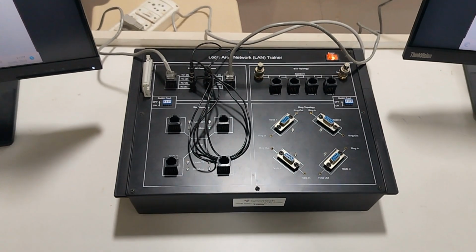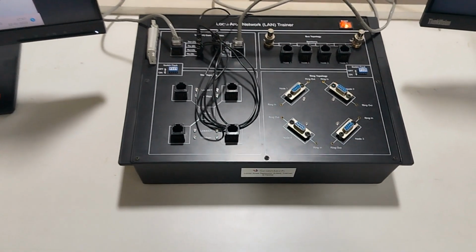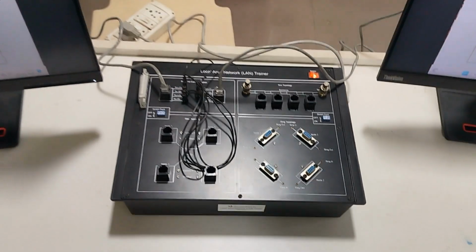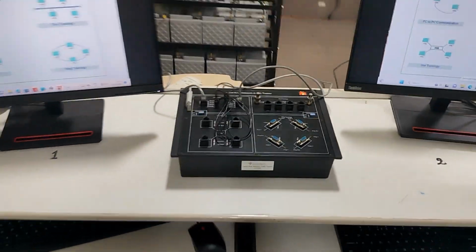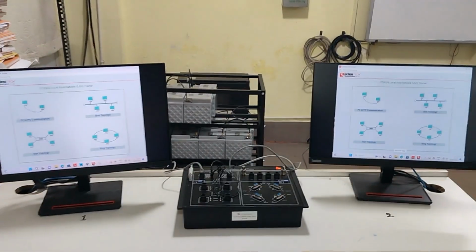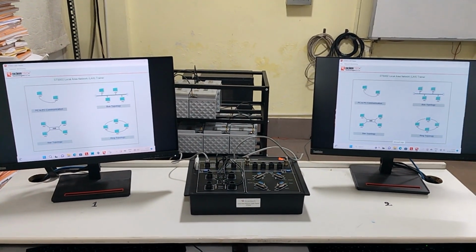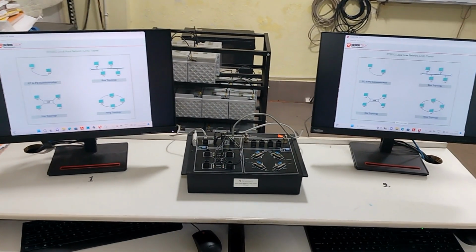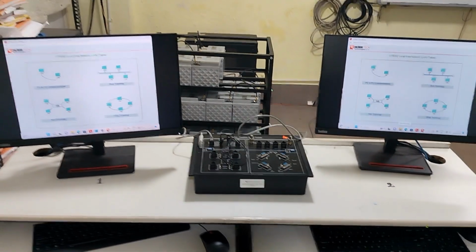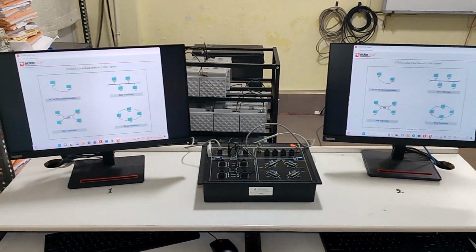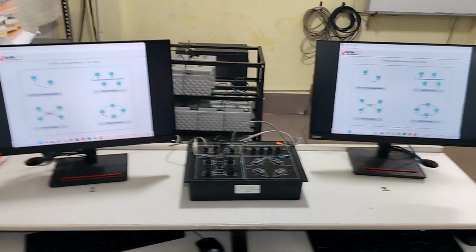The student would be able to implement different types of LAN network topologies using this trainer kit, and would be able to see the data transmission in real time between two systems. This will help build the concept with real-time hands-on on different local area network topologies among the BTech students.